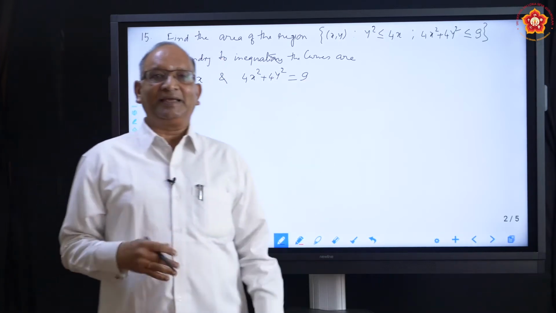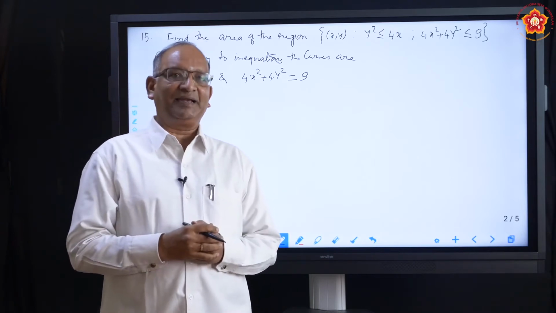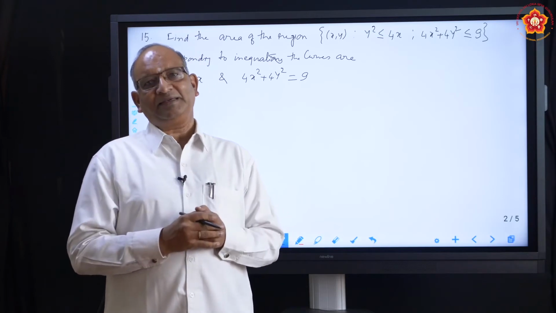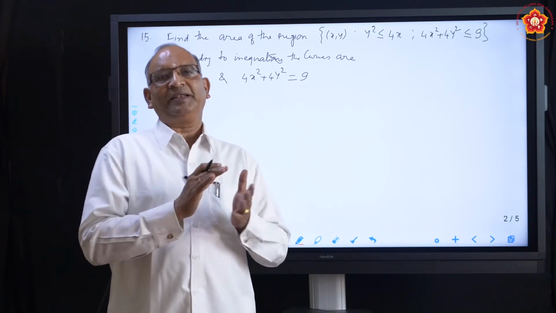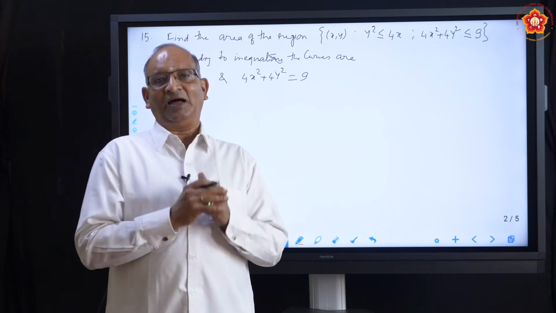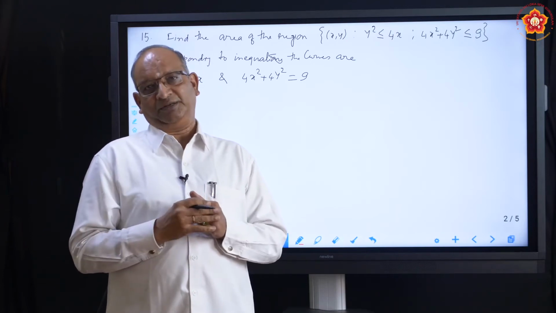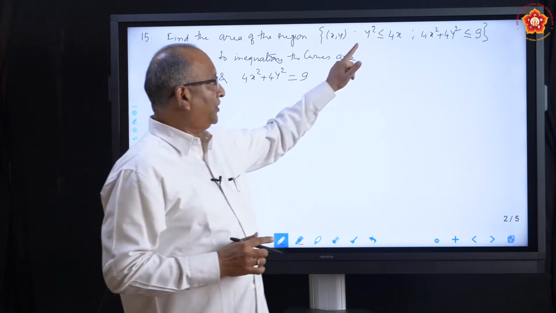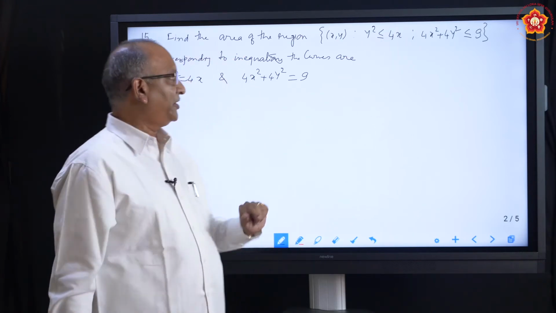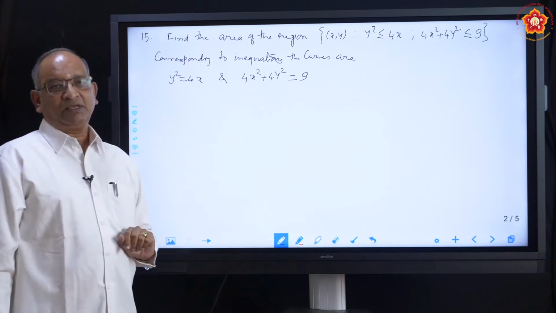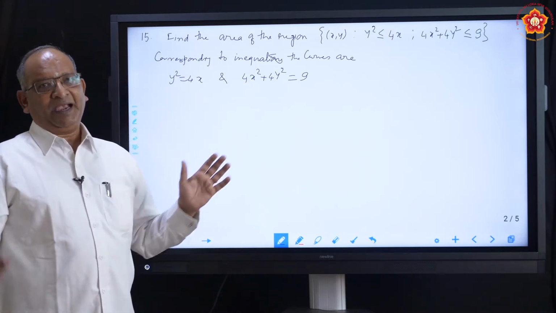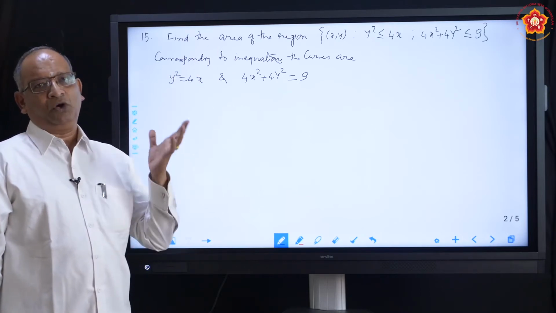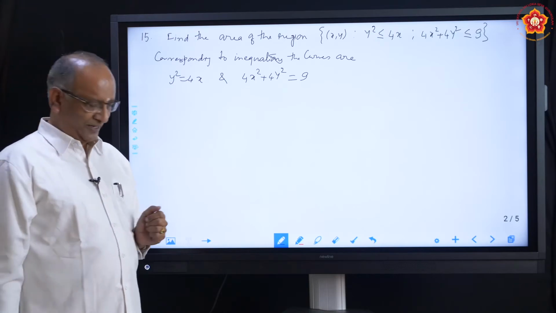If you recollect the inequalities which you have studied in 11th standard, how do you draw the graph of inequalities? First we convert them into equalities, draw the graph, but shade the portion according to the inequality. Same thing we are going to do here. No doubt both of them are inequalities. We wrote the corresponding equalities. We will first draw the graph and shade the portion according to inequality. And then we will know what area to be calculated.